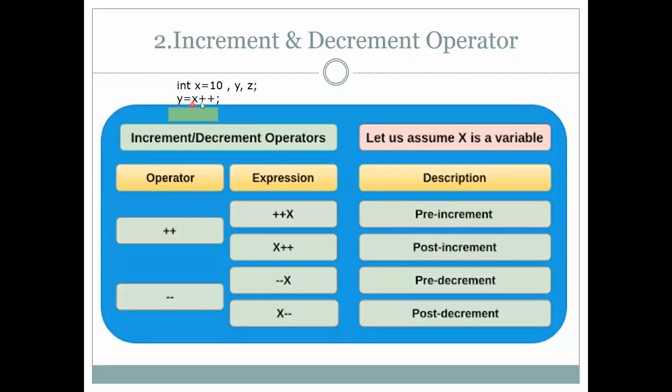Okay. So in case of your post, this is a post. I haven't explained the pre. This is the post increment. So here, first it will place the value of variable x into variable y. Why? Because this is the assignment operator. It will assign the value of variable x to variable y. So my y becomes 10, and the value of x is then 11.